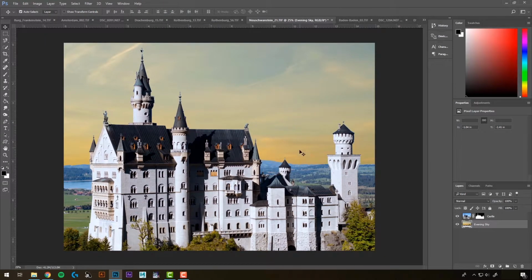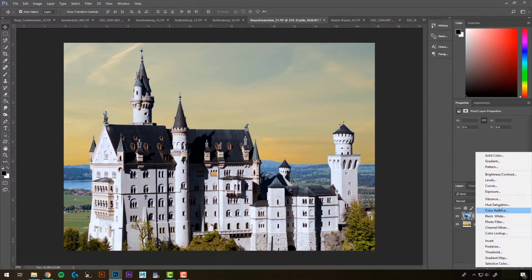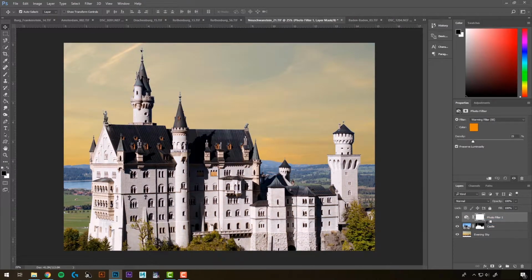Alright, so now we have this nice evening sky with a lot of yellow in it, and then our image here has a lot of blue in it. So I think a photo filter will work well for this one. With our castle selected, we'll go to our adjustment layer, and we'll do a photo filter. We want to make sure it's just affecting the castle, so hold Alt and click,